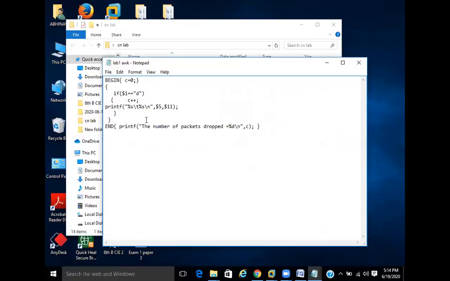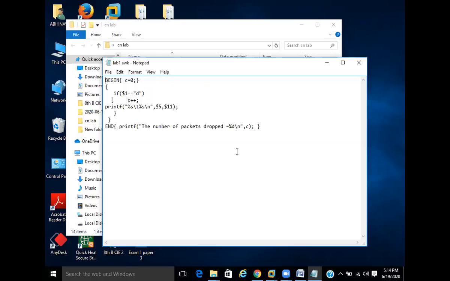Open a notepad, type this, and save it in that same folder with the file extension dot awk. Here you are counting the number of packets dropped from the beginning of the trace to the end of the trace.